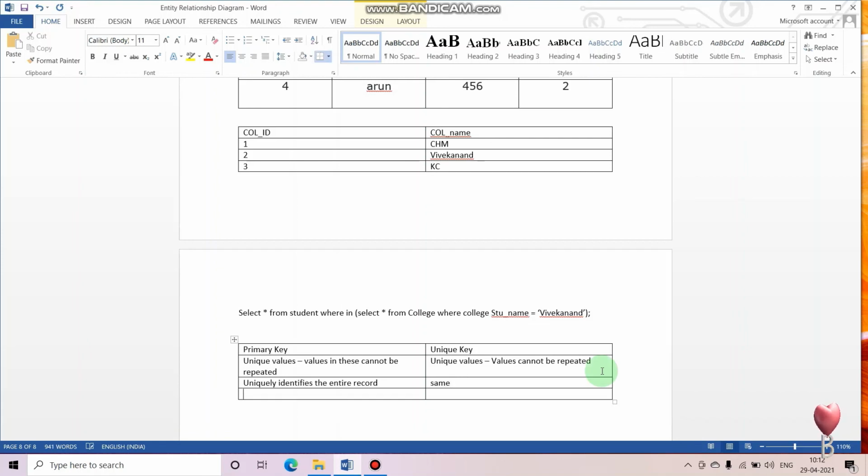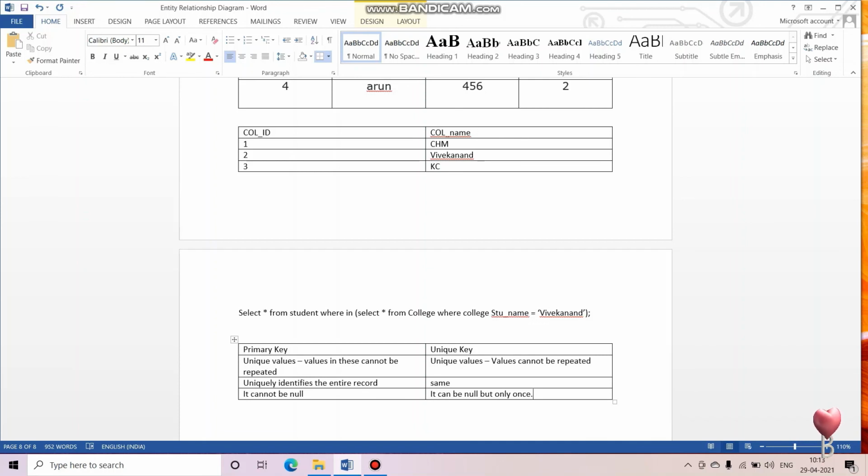Third thing is, primary key cannot be null. Unique key can be null, but only once.